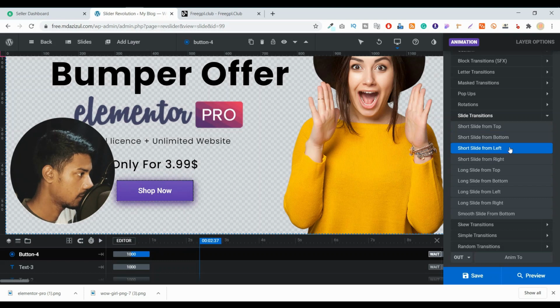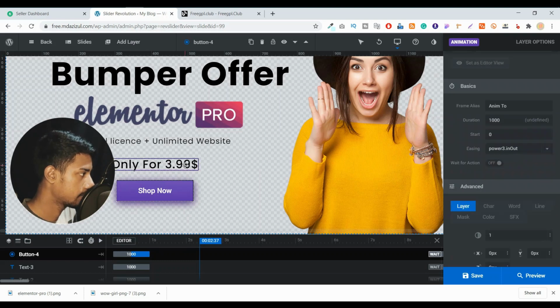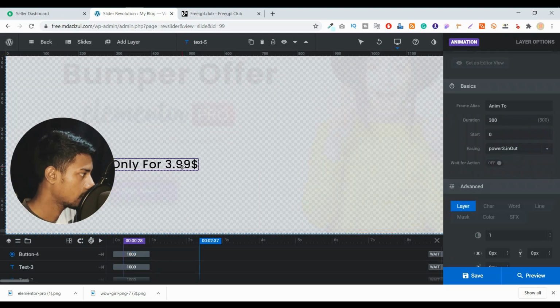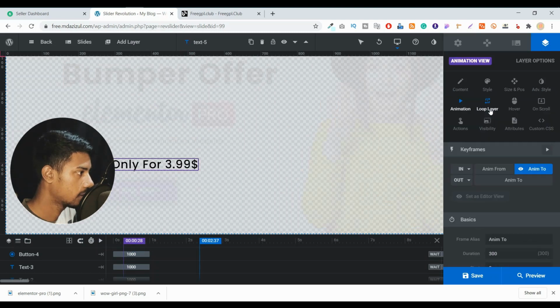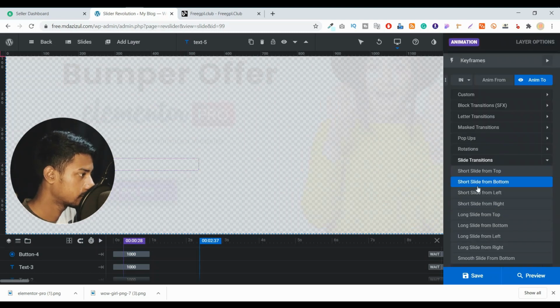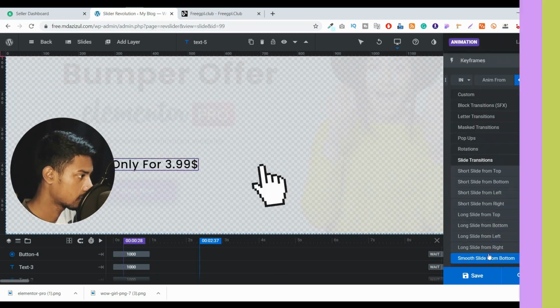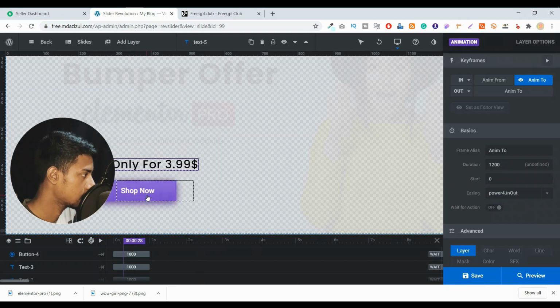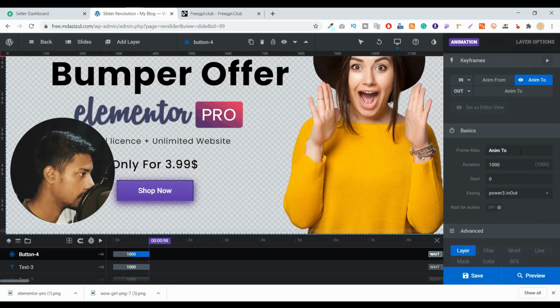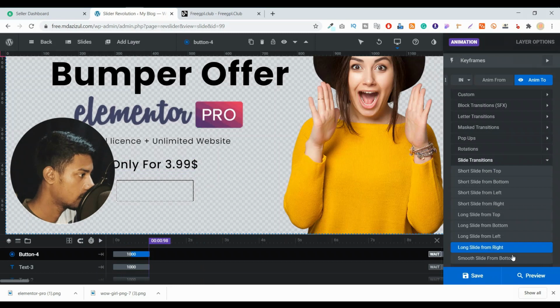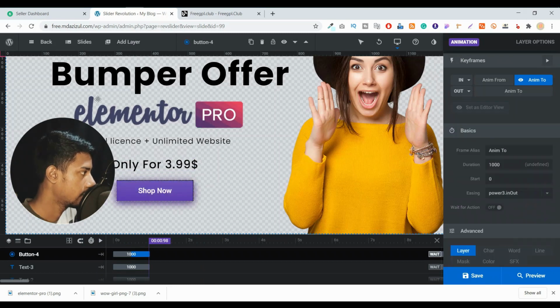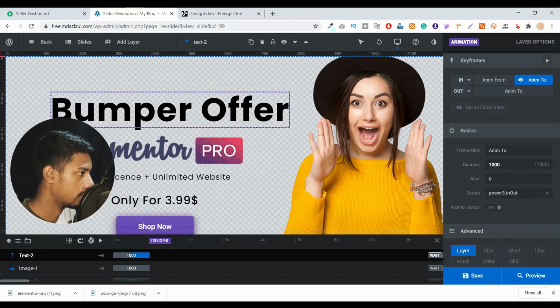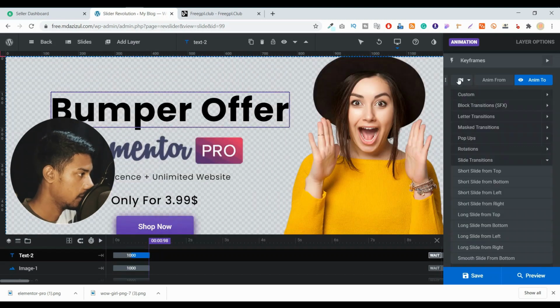The left, I think the left is best. Click on this only for, click on in. Okay, so I just want to change one thing, the shop button. I go to in again, and left is best, I think. And everything looking smooth. And I just want to add the bumper offer into top, in,